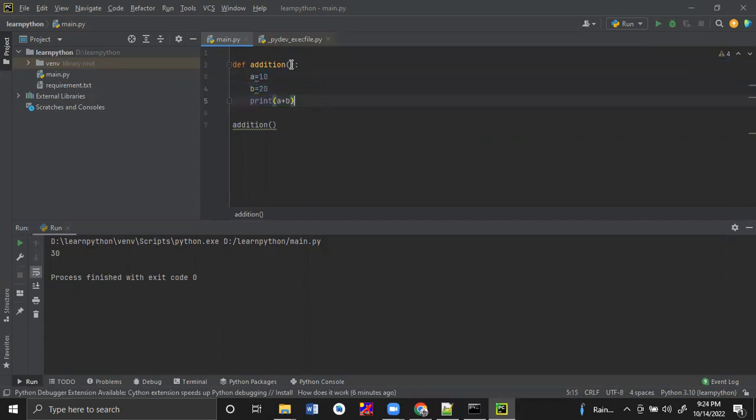Now we'll see the parameterized version, A comma B. Now what I am defining in the method: let them pass the A and B values, I will add them and print the value. So whoever is going to call this method